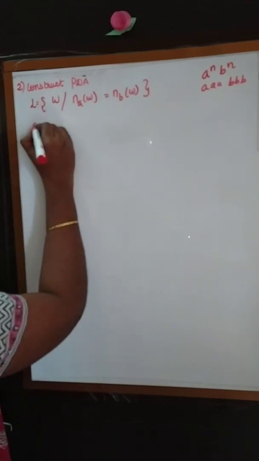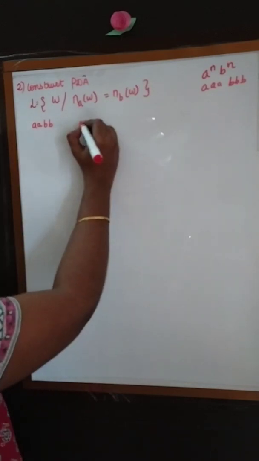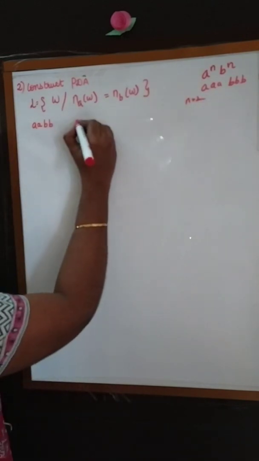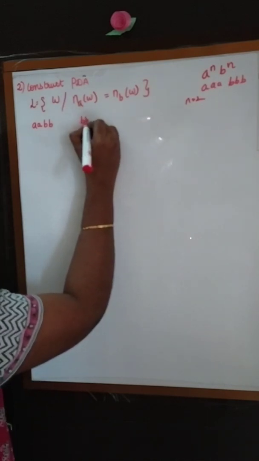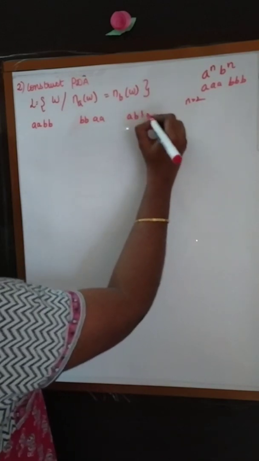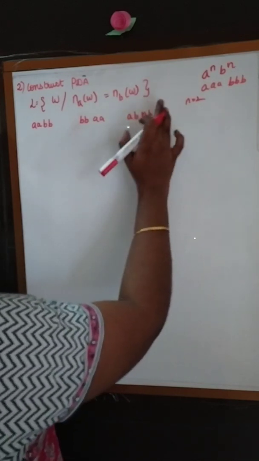So what are the different possibilities here? One is the A itself coming in the beginning and B coming at the end. That is one possibility. Or otherwise, if I am going to take my n as 2, this is one possibility. Another possibility is BB, AA. That is also possible. Or otherwise, A, B, and then A, B.